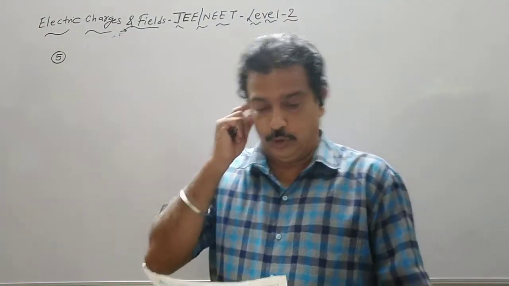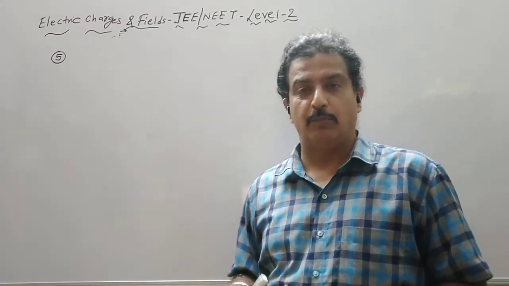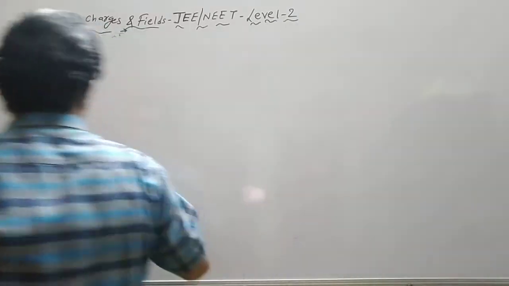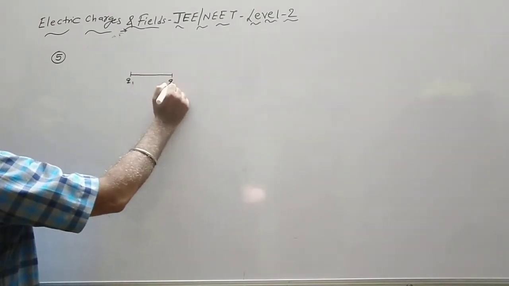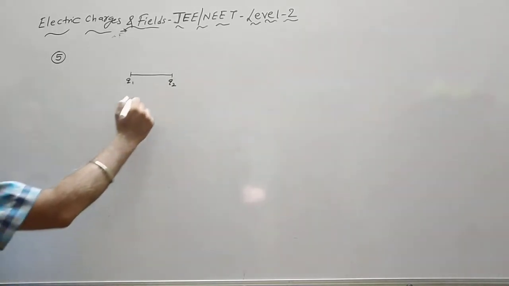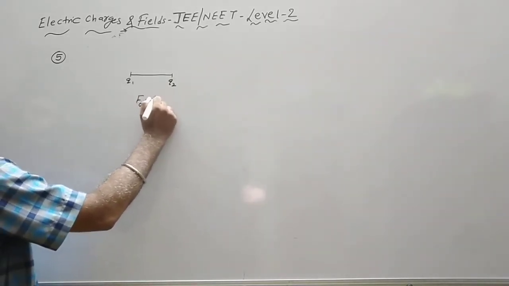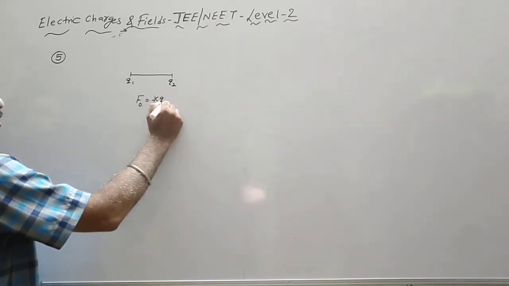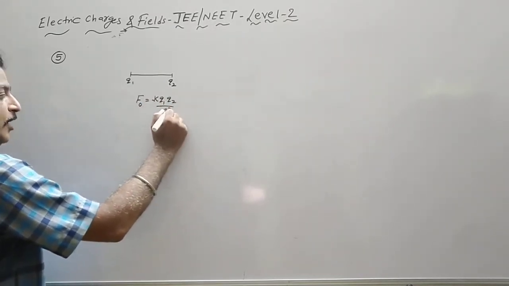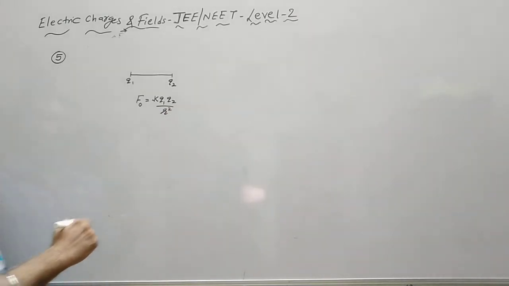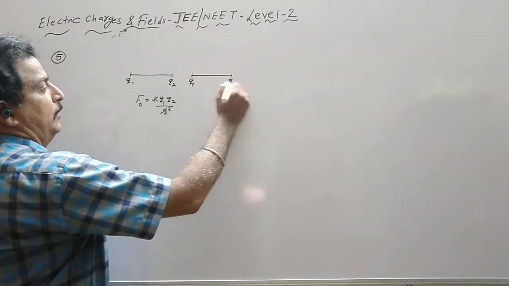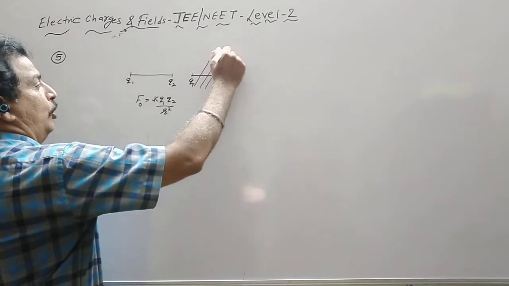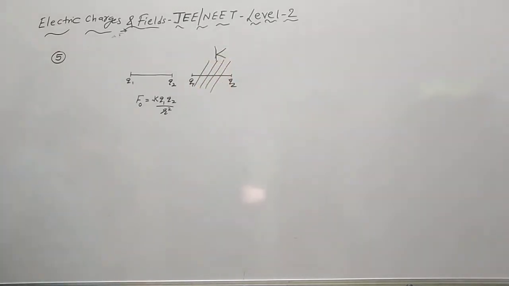Now before we move on to question number 5, let us see a small theory. We have studied that suppose we have two charges Q1, Q2 and the medium is vacuum. So we directly write F naught is equal to Coulomb's constant K Q1 Q2 upon R square. Now if these two charges are placed in a medium of dielectric constant capital K, so we know that the force becomes